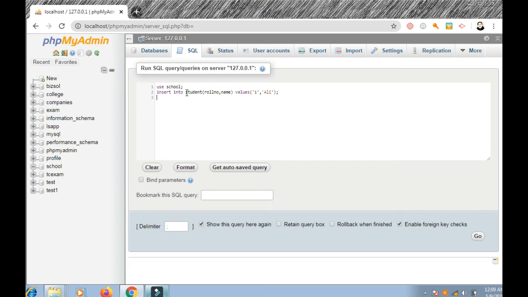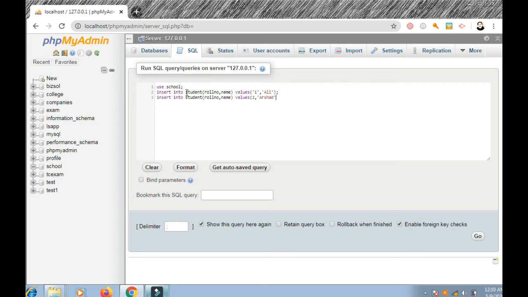Now I write, I put another row, insert into student and again roll number, second row, name, values are 2 and for example Arshad.